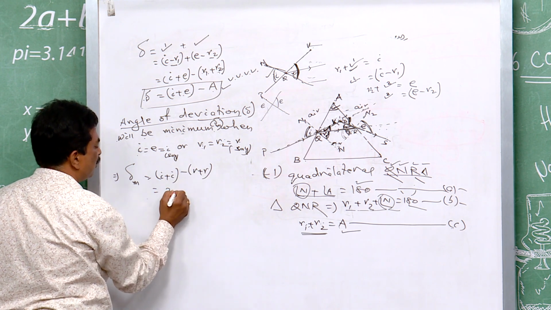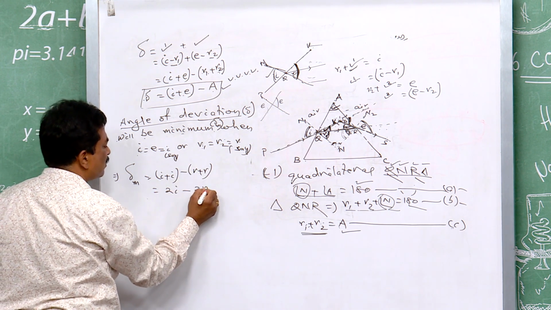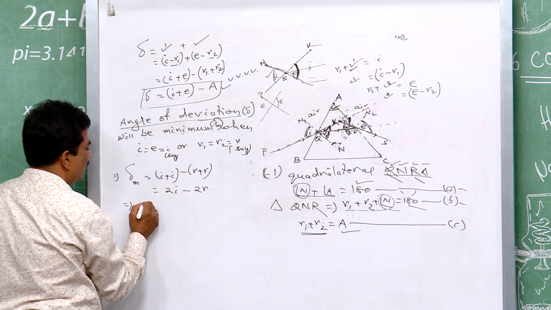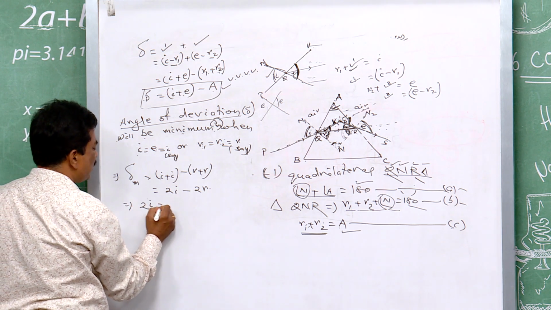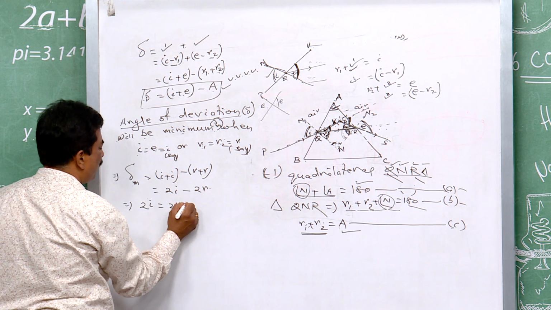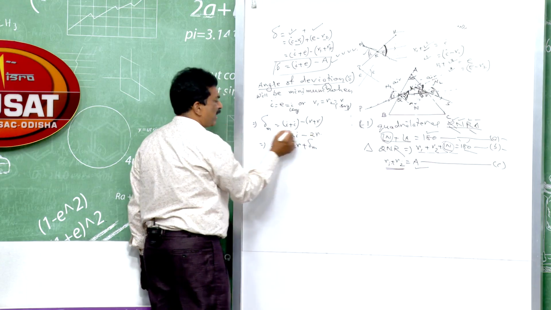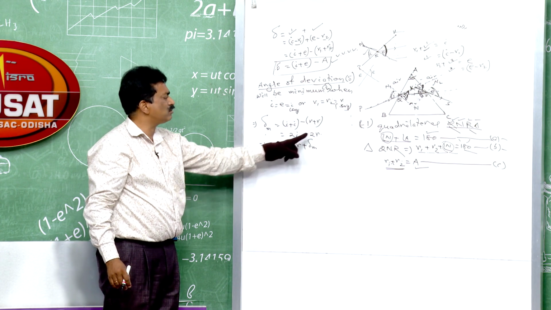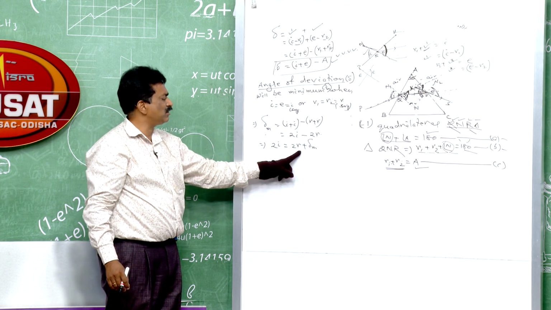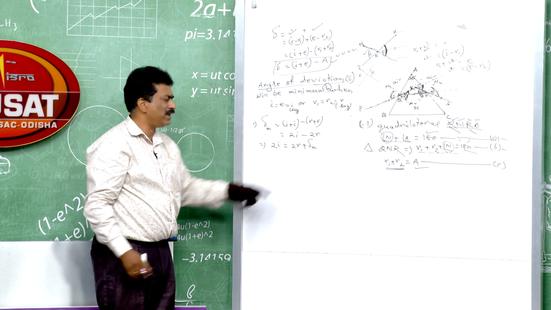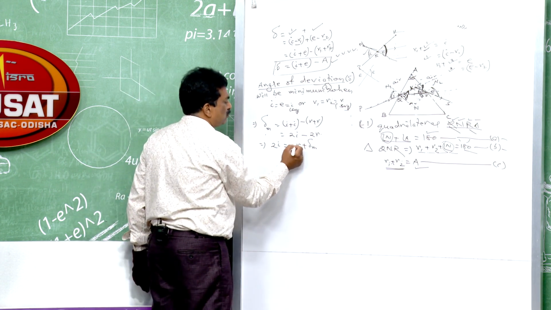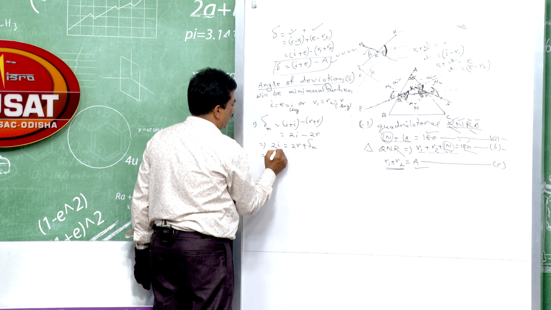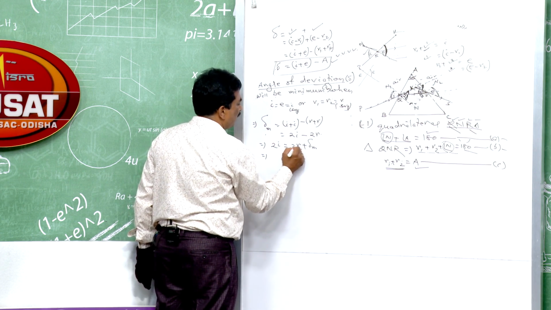So, that is equals to 2I minus 2R, which implies 2I is equals to 2R plus del m. This minus 2R came to this side, 2I remains. So, 2I is equals to minus 2R come to this side, that is plus 2R, and del m is equals to del m. So, 2I is equals to 2R plus del m,